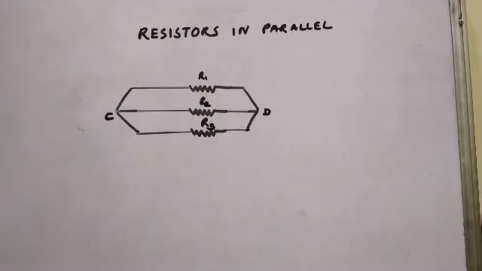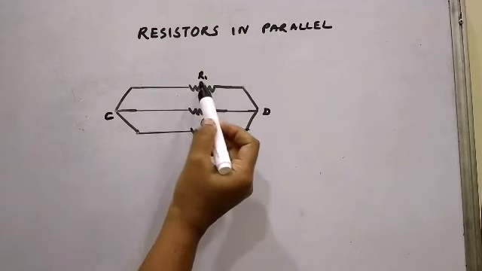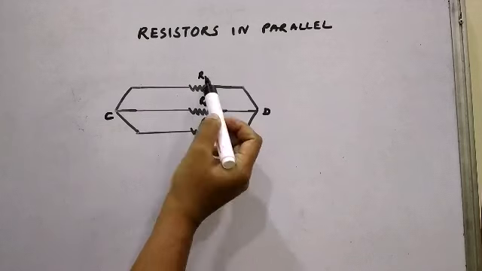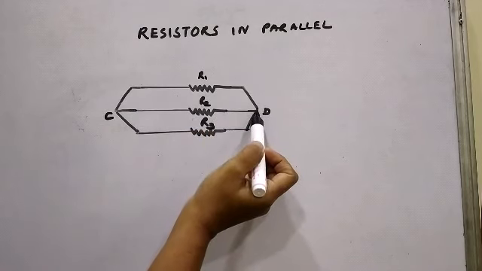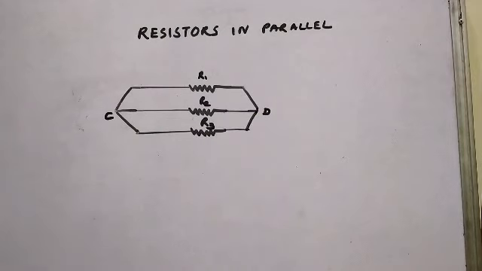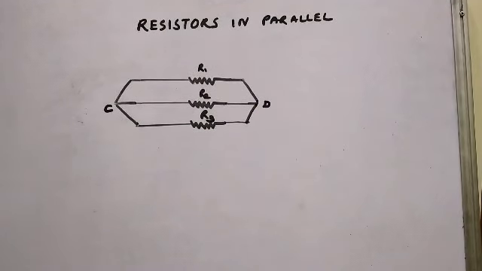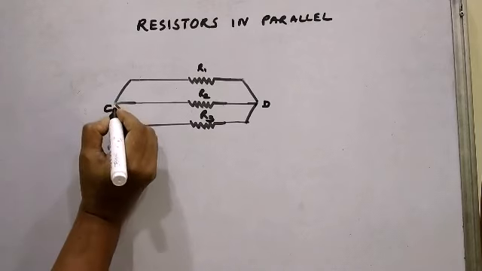So just like the wires, we can have a few resistances which can be connected between two common points. In the diagram, you can see I have taken three resistances R1, R2 and R3, and all these three resistances are connected between two common points C and D. So what will happen if current flows through these three resistances? Now let me make a complete circuit.